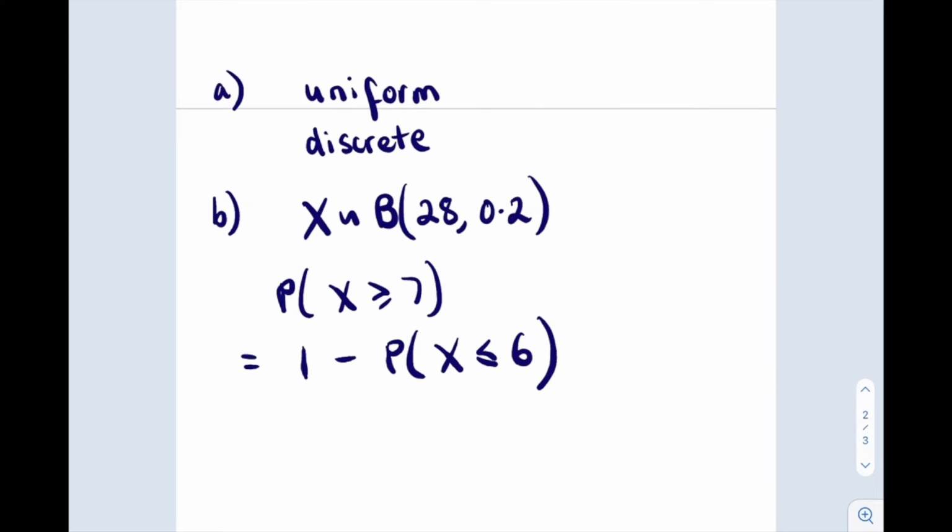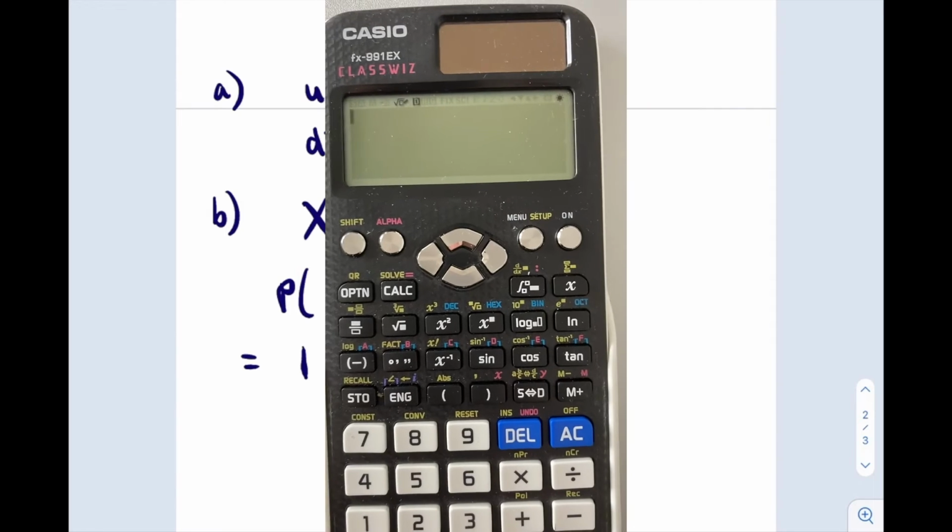If I want the probability that the number of successes is more than or equal to 7, it's 1 minus the probability that the number of successes is less than or equal to 6. So this is the probability that I want to find, and I'm going to use that on the calculator. So my function, so if we come over here, function on the